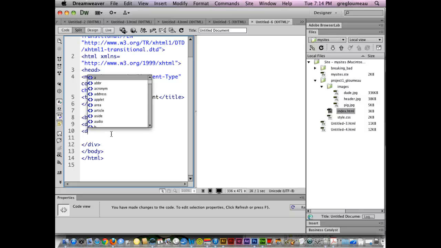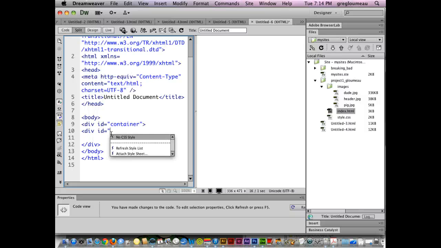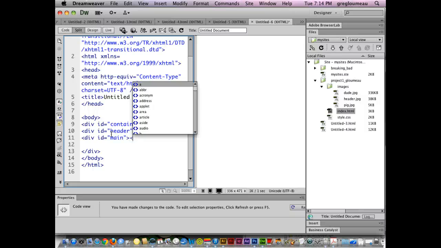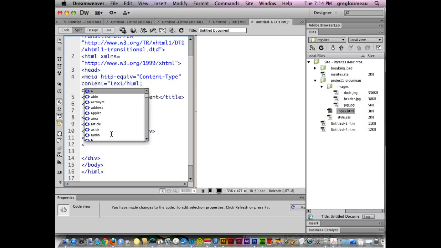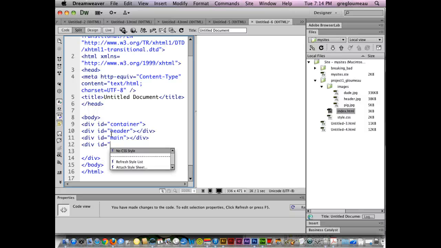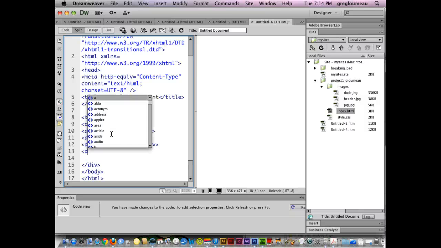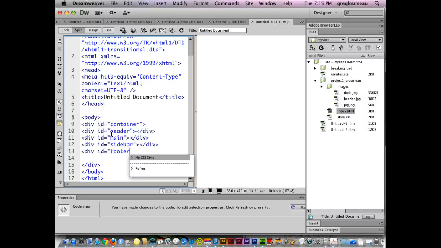So I'm going to build a container, right? Inside of that container, there's going to be a header, right? Then there's going to be a main area. So I'll build something similar to what we've done. And then there's going to be a sidebar. And then there's going to be a footer. Okay, so notice